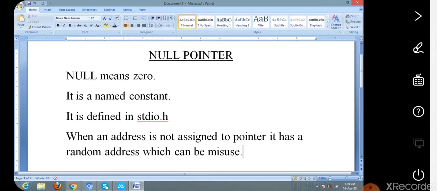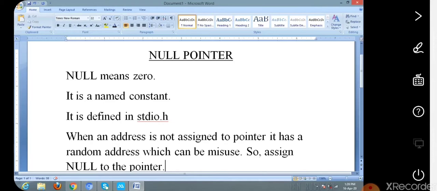So we assign null to the pointer in order to be safe from misuse. That is the purpose of using null pointer in C.